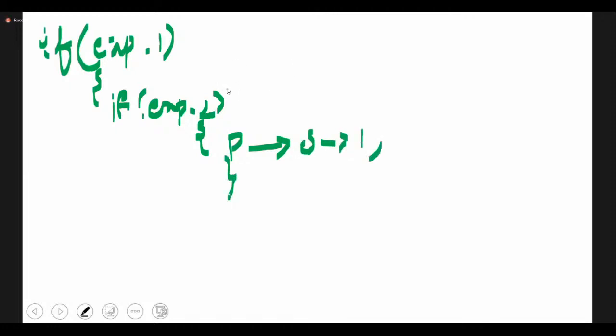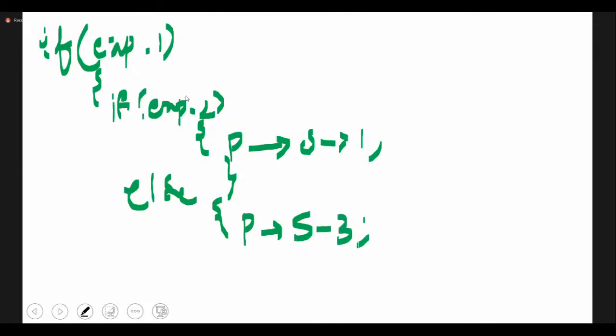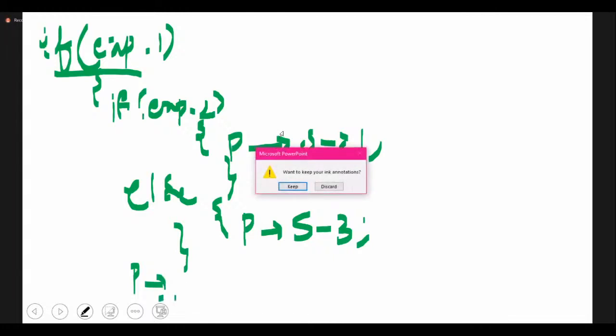If exp2 becomes false, you have an else block for it, and you are going to print statement 2. If the outer expression itself fails, then you will print statement 3.